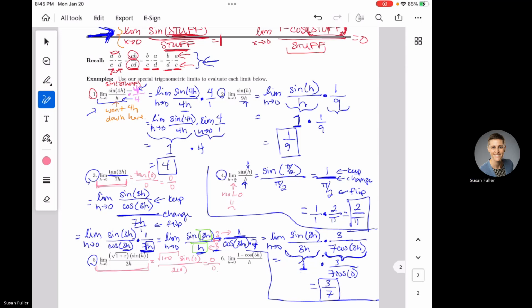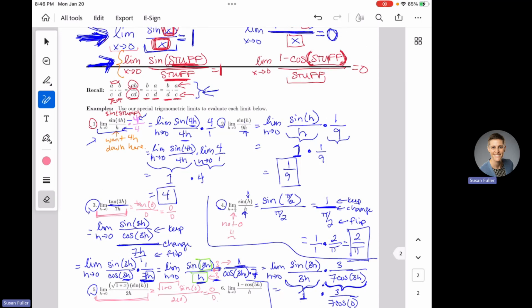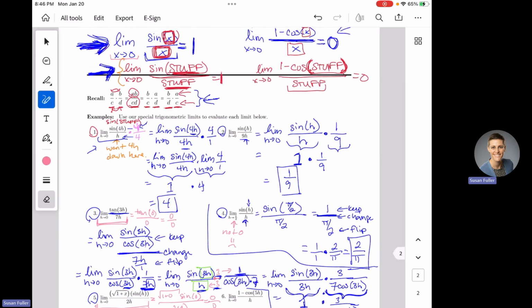Now, the algebra is going to kind of fail us here because I don't really have addition or subtraction inside a fraction. I know there's addition happening in here, but that addition is happening in a square root that's part of multiplication. That's not something that's being added or subtracted in a fraction. That thing is being multiplied by something. So a conjugate's not going to bail me out. I don't have any factoring. I don't have any trig identities. I'm stuck. So I have a sine function in there, which means it could be a gift.